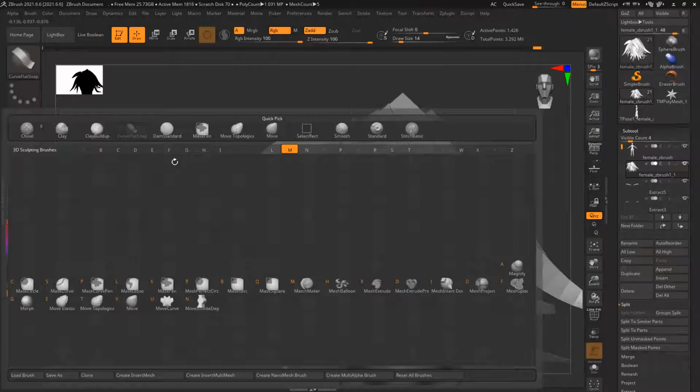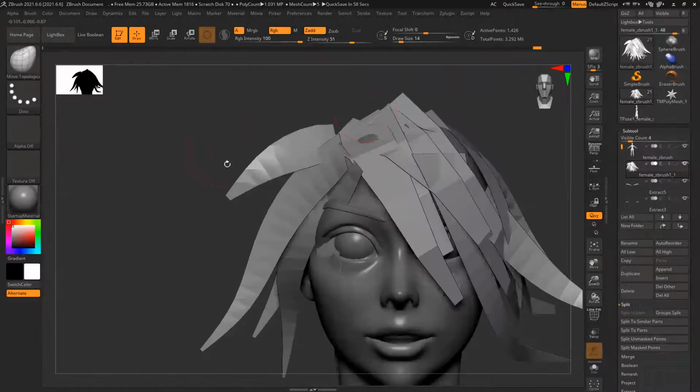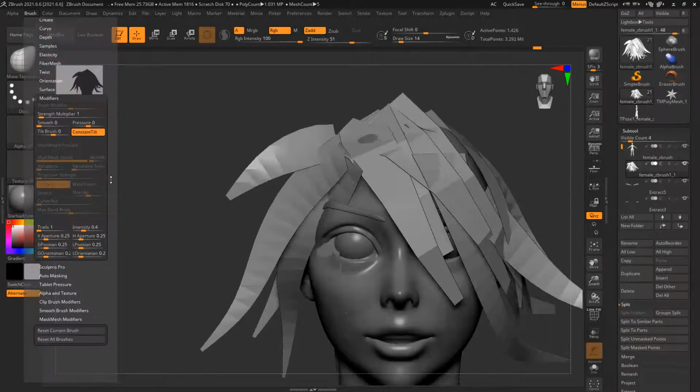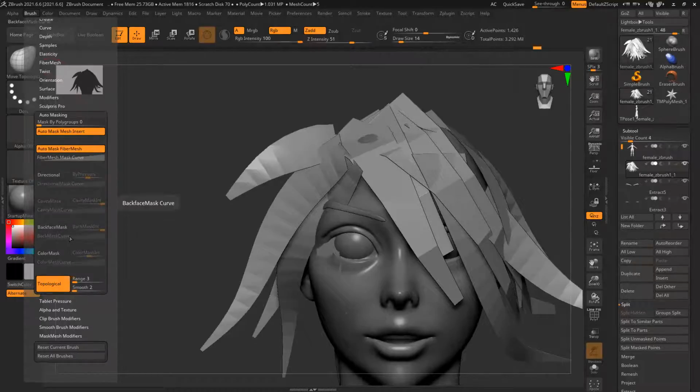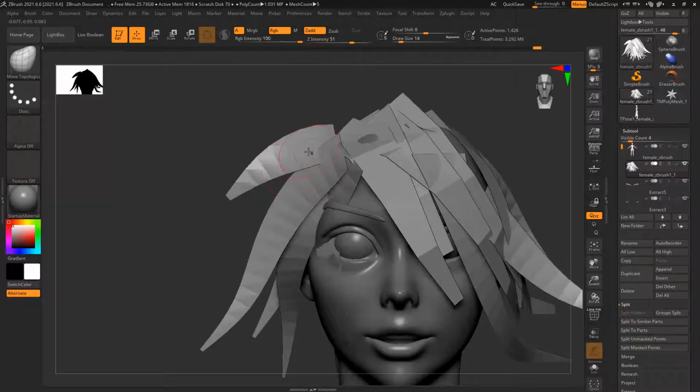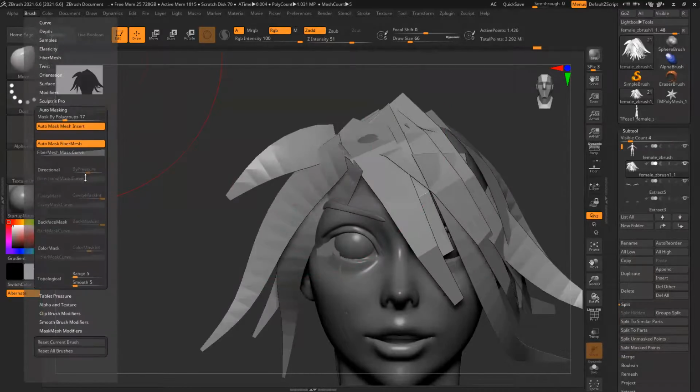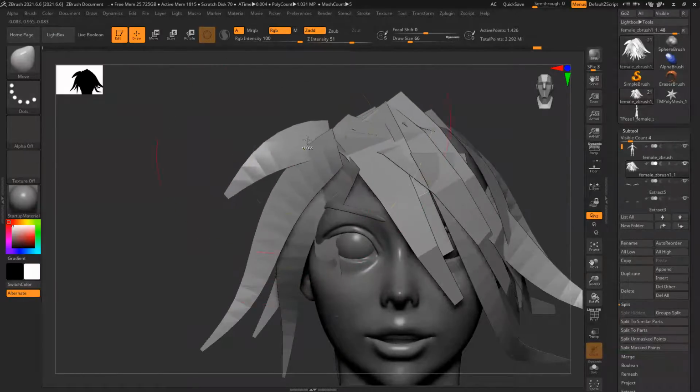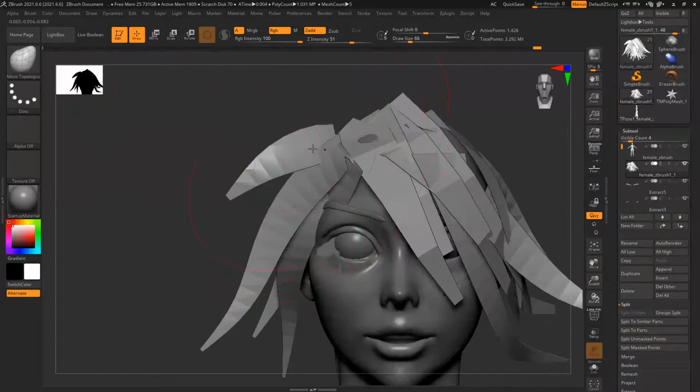BMT, or I can use BMP, and under auto masking, I can use like polygroup. I guess this should work. BMP. BMT is fine.